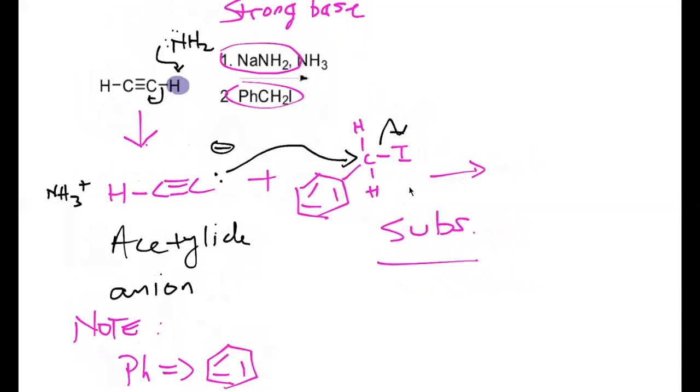All right. So what's the product of that sequence? One, acetylide formation followed by substitution. That's what that is, right? We made the acetylide. Now we're going to do a substitution reaction with an alkyl halide. So I should get this as my product. I'm going to draw it in black. So here,